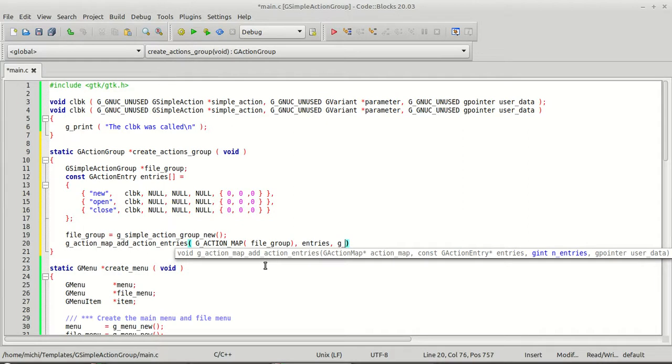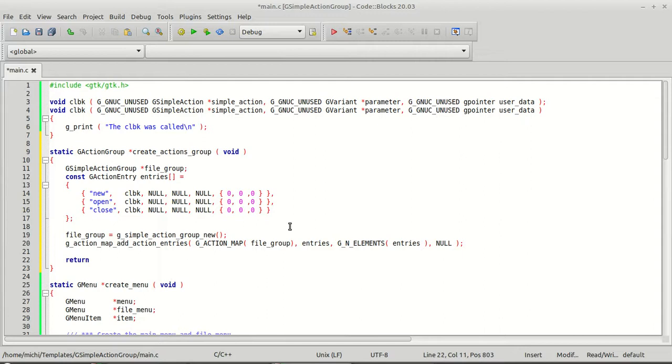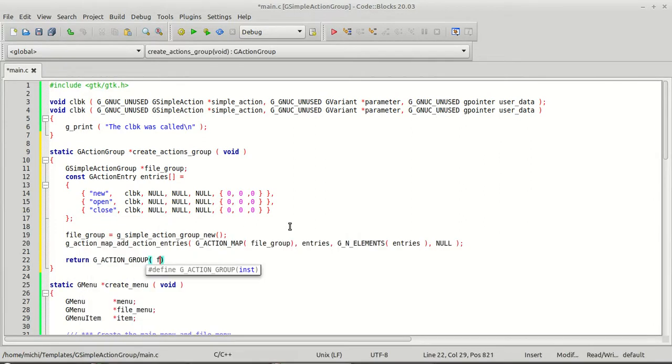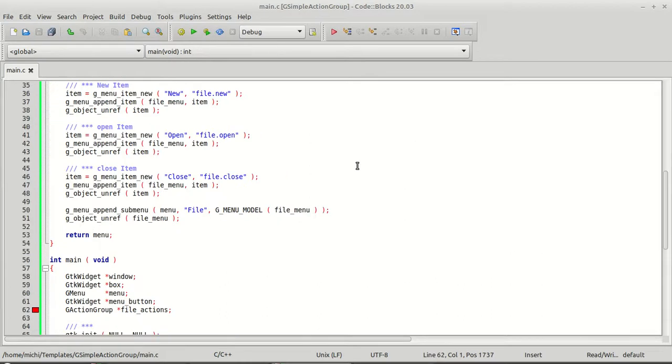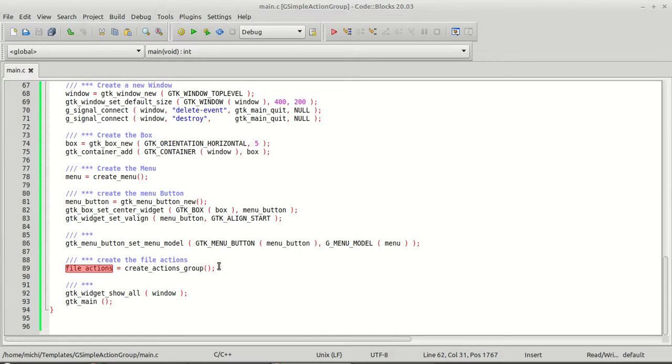Entries, and then the GN elements take care of the size of our entries, and null. The last thing which we need to return is the GAction group, file group. Now let me compile it and see if everything works fine, or we have some error. File actions, it is not used. I'm sure that's the wording, which means at this point,